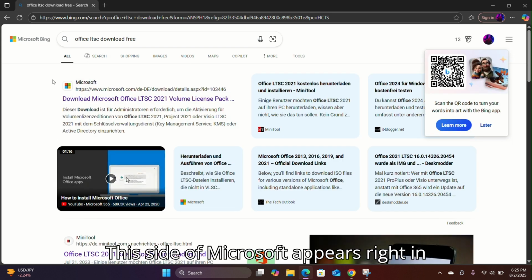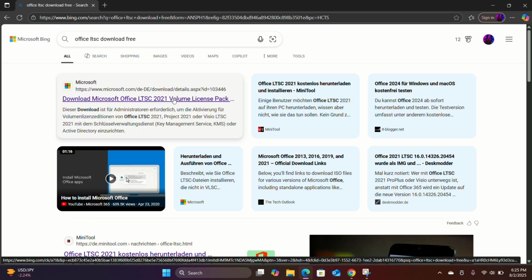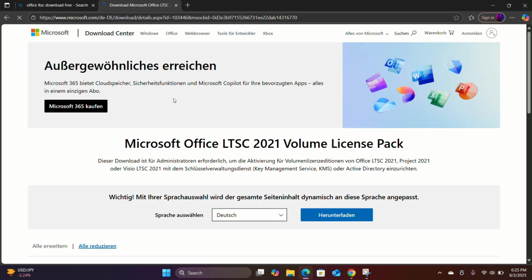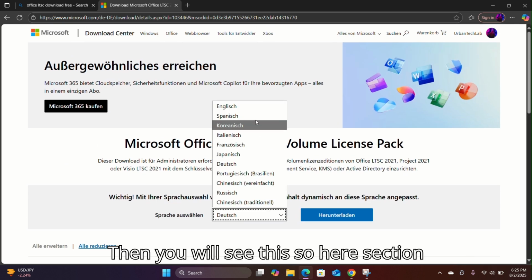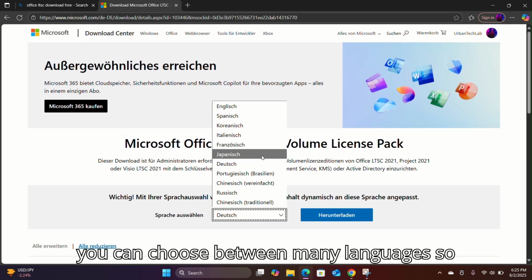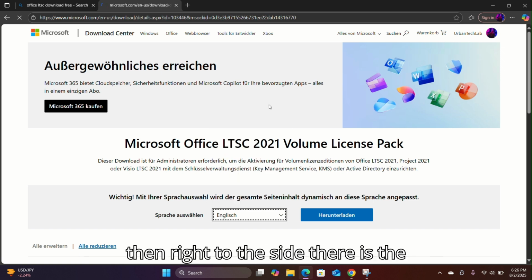This side of Microsoft appears right in front of you. Gotta click on the address. Then you will see this "So Here" section. You can choose between many languages, so choose the one you're familiar with, and then right to the side there